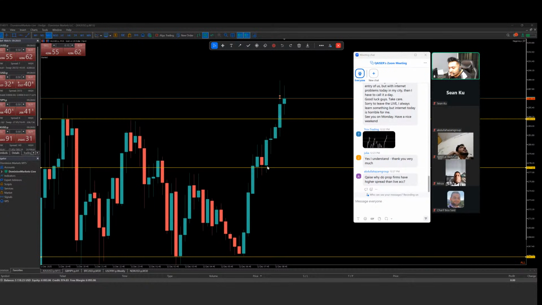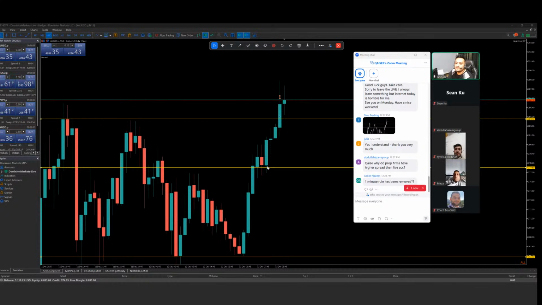Are we allowed to enter two or three positions at the same time in Dominion Funding? You need to ask the team, but they removed many rules, like the 1 minute rule, and the limit of 7 to 8 trades is now 14 trades. And if you close 50% of your position and the other 50% right after 5 or 10 minutes, it will be calculated as one trade. That rule was also removed. So now you can easily get a Dominion Funding account if you were having issues with these things.